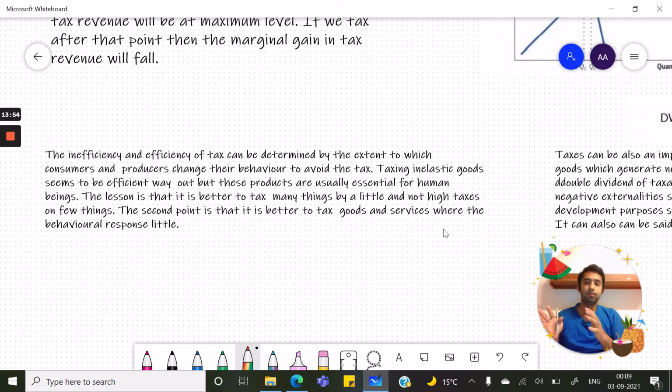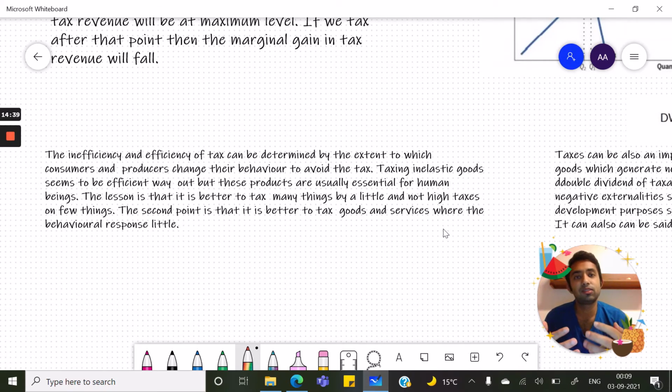So basically, the efficiency or inefficiency of taxes can be determined by the extent to which consumers and producers change their behavior to avoid tax. Right? We saw that consumers behave differently towards taxes on inelastic goods and taxes on elastic goods. But that does not mean that government should only tax inelastic goods, because inelastic goods are usually necessities in nature, right? And taxing inelastic goods will not be an equitable solution at all, right? But since we are not talking about equity here, but